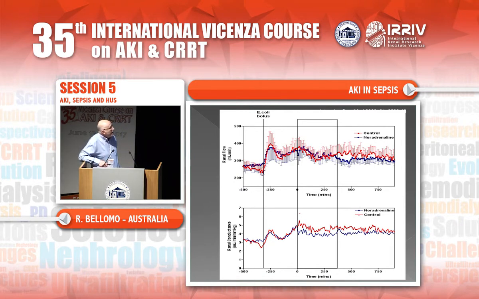What people don't have, however, is the ability to measure renal blood flow as we do in the animal with transit time, invasively placed and chronically embedded flow probes. And we can see that in these animals, when there is gram-negative bacteremia, there is an increase in renal blood flow, whether you give noradrenaline or whether you give placebo. And it's an increase that is sustained way out to 700 minutes, so way out to 12 hours,